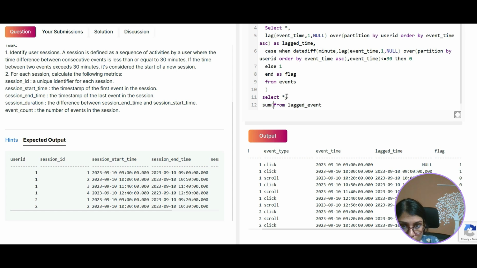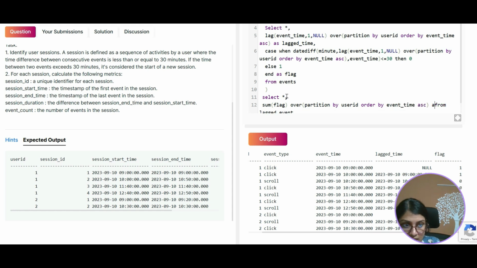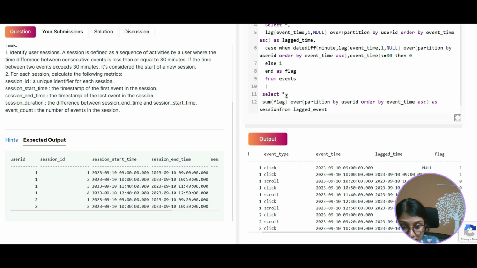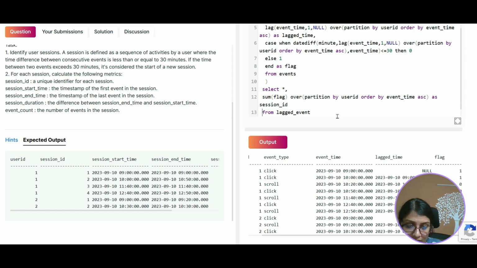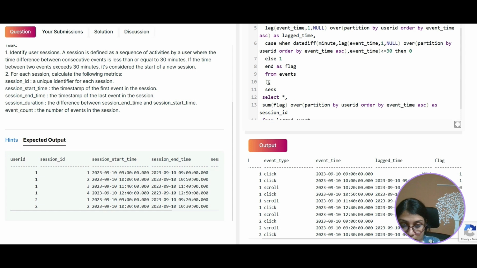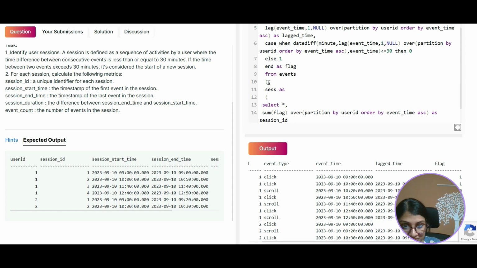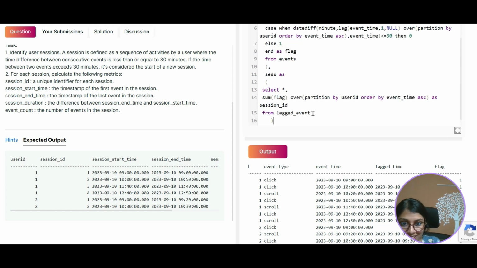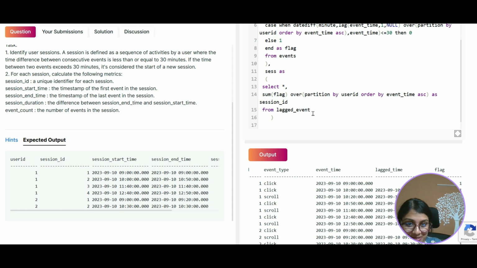Let's create sum of flag over partition by user ID ordered by event time ASC as session ID, right? From lagged event. And that's it. Okay, so sesh as,